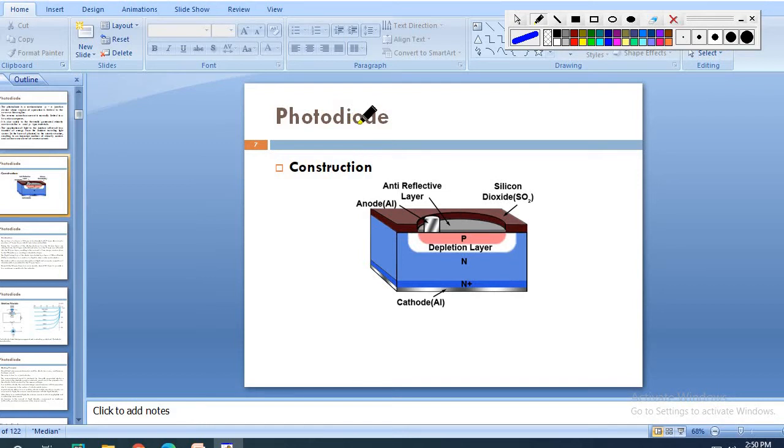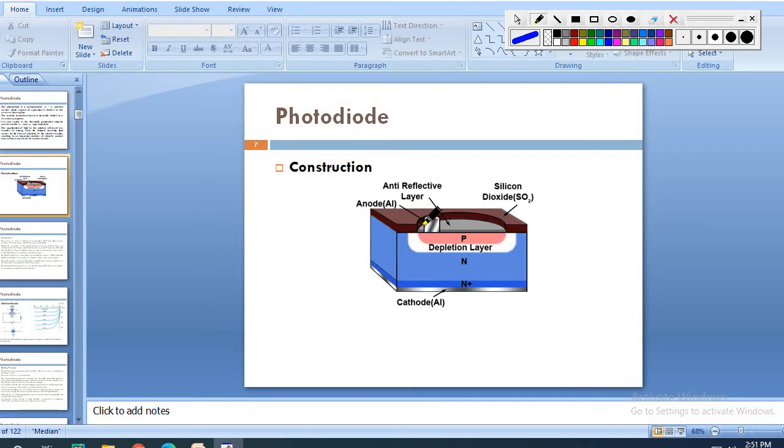What is the reason behind going to the photodiode? Because of this depletion layer, when I apply the reverse bias voltage to this layer, because of the minority carriers there is a slight flow of current, and the minority carriers are very few in quantity. Just to increase that quantity, I'm going to the photodiode. The layers are the P junction, the depletion layer and the N type.